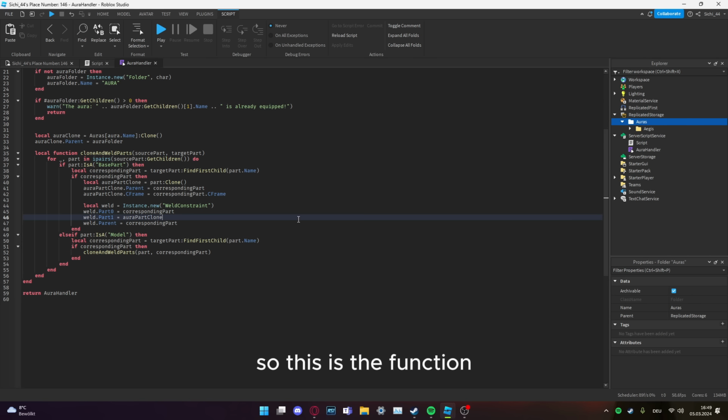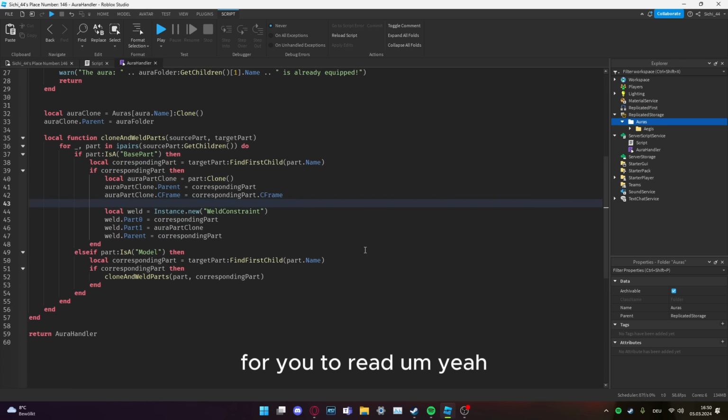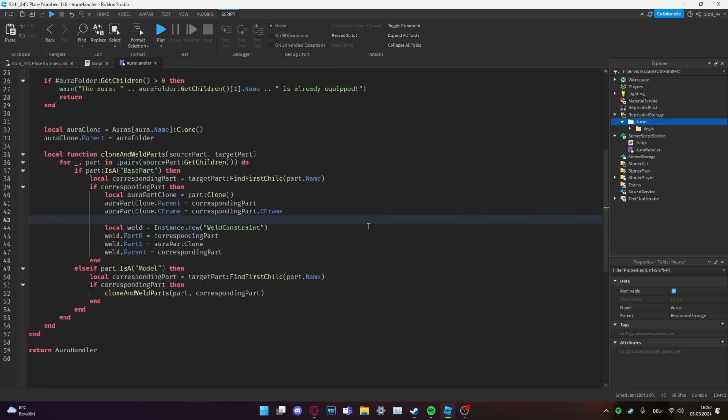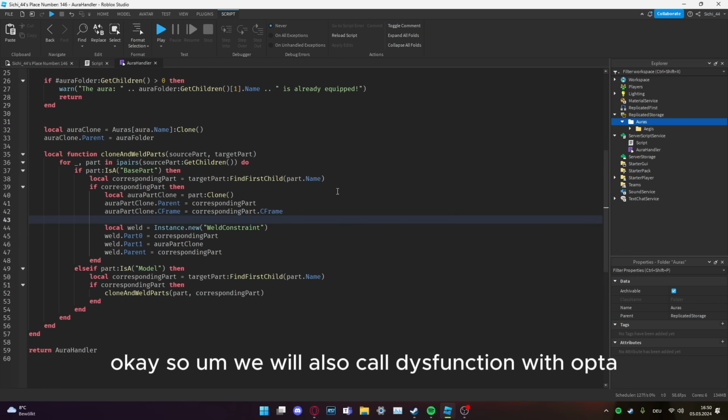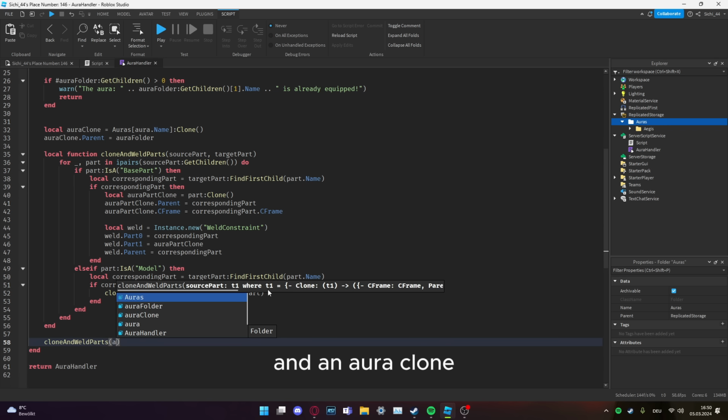So this is the function. I will explain it a bit. I can also zoom in a bit to make it easier for you to read. Okay. So we will also call this function right after, with aura clone